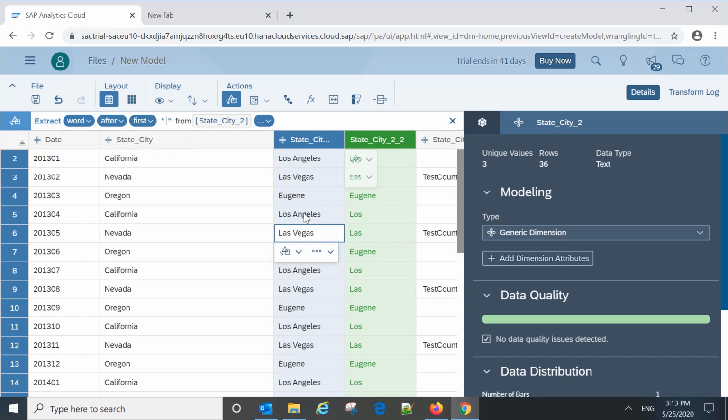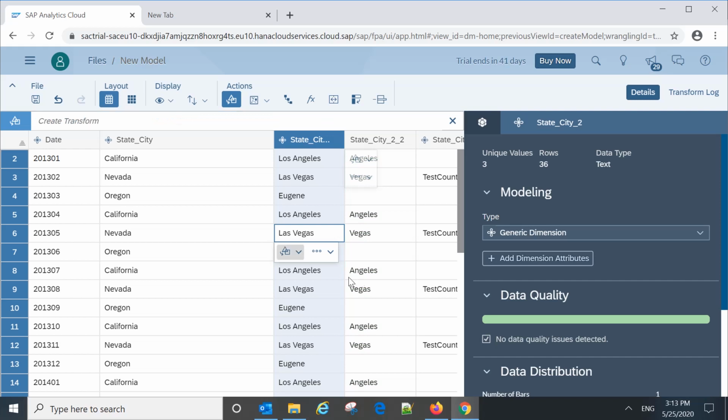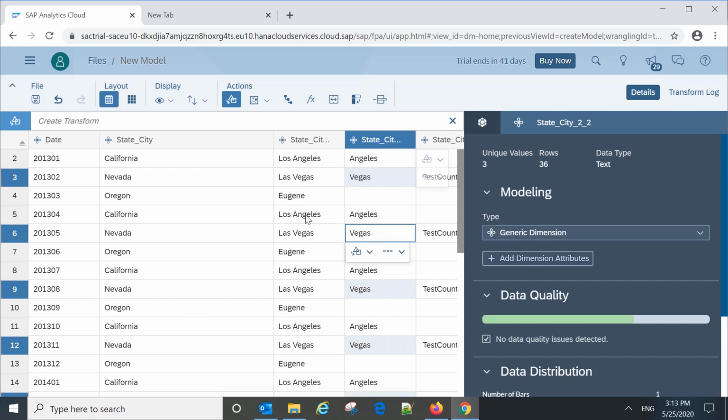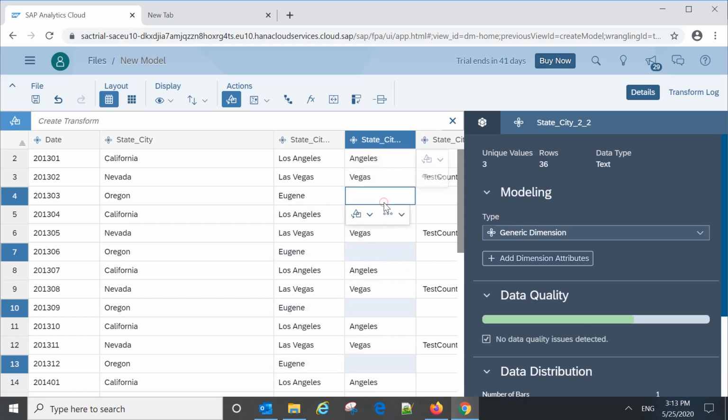Once we do this, after the first occurrence of the space, whatever word is there, we can get it. We can make it before as well, so we can extract the word before the space. Suppose there is no word, then we can get that as well. So this is what we can do.